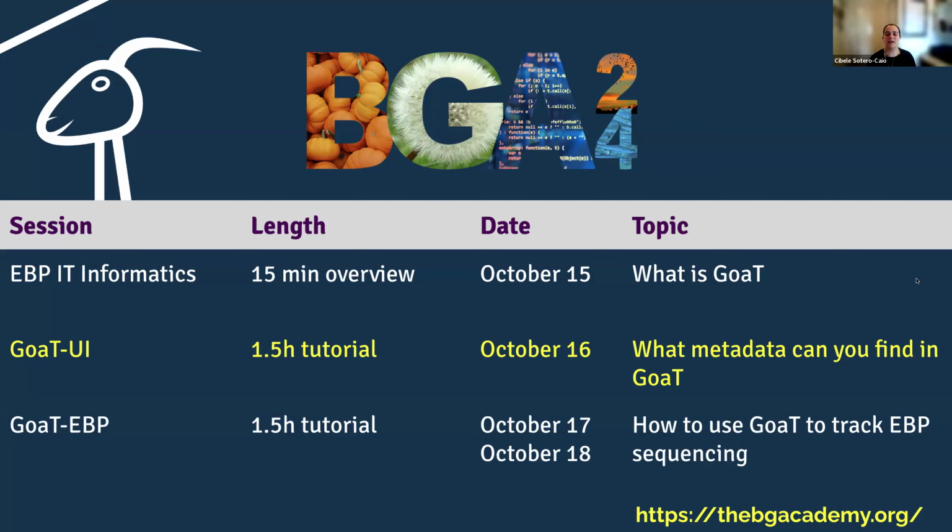And this is genomic data, so assemblies, chromosome number, etc. And then there are 2 additional sessions to go over sequencing status, what projects are there, and how can I submit data of my planned sequencing to GOAT. So these are going to be tackled tomorrow.